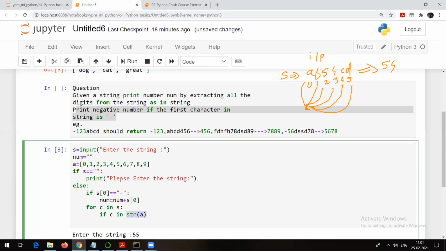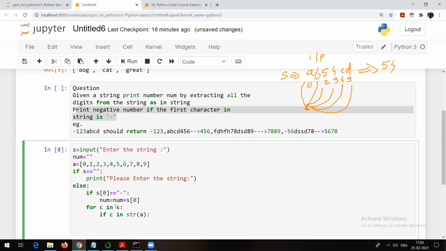Because A is a list, and every element in this list is a number, and I am trying to compare a character to a number. That's why I have typecast that list into a string, because you cannot compare a number with a string.